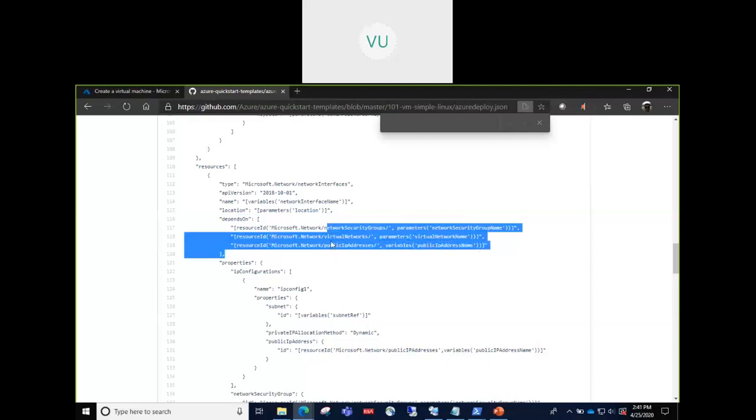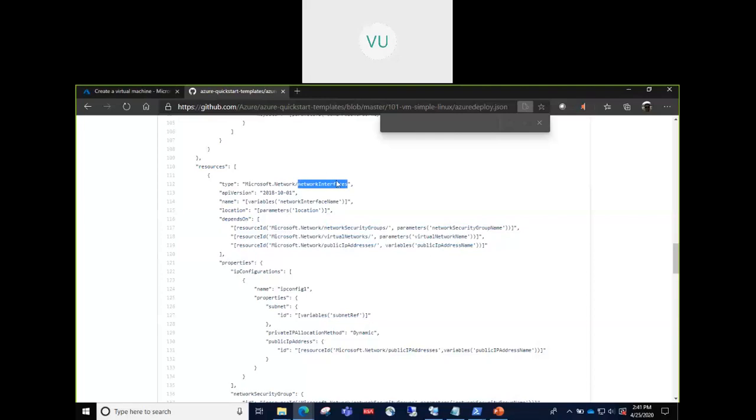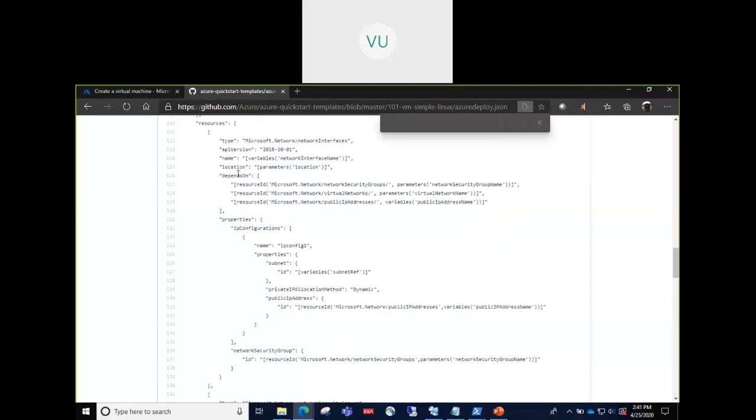Only if you have them, you can create a network interface, because the network interface would need a public IP to allow the virtual machine to be accessed on the internet. It would need a network so that the virtual machine can communicate on that network. It would need the firewall rules, what traffic to allow and what traffic not to allow. That is done using network security groups. This is all defined here.